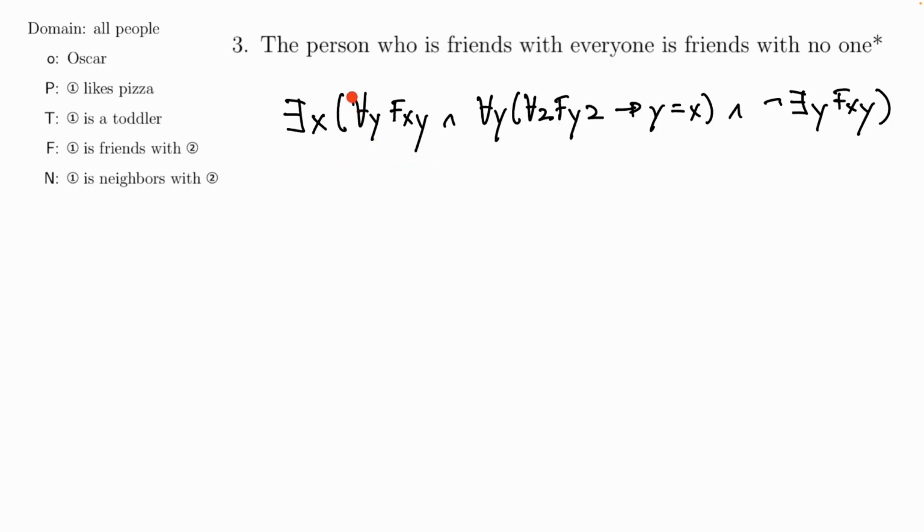It's a contradiction. We have there is an X such that X is friends with everyone, and there is no one that X is friends with. So this statement contradicts itself, and that should lead us to go back to this statement and maybe find a different interpretation, because